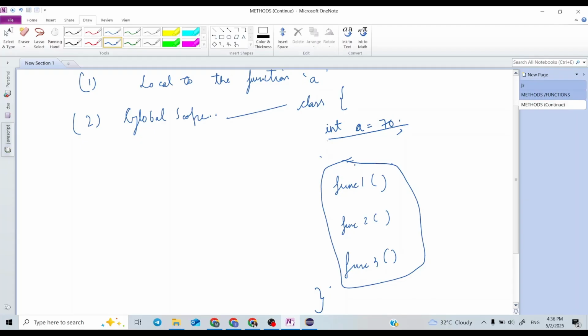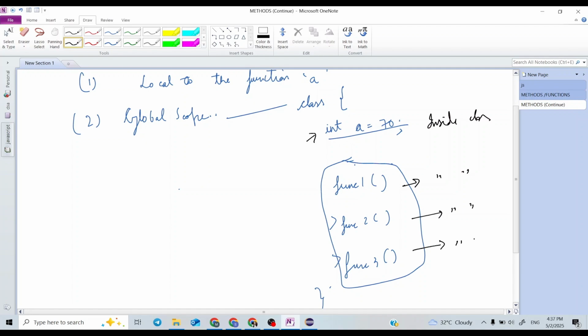So this variable can be accessible by any of these functions. What I mean to say is, what is the scope of this variable inside the class, and what is the scope of this function one inside the class? Func2 is also inside the class, this is also inside the class, so these four have the same scope.